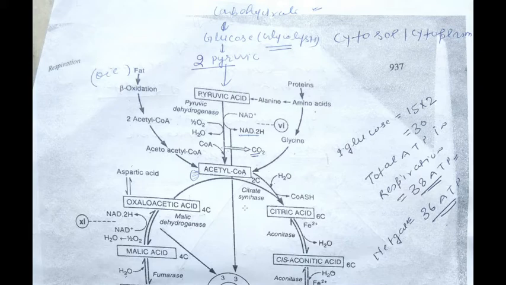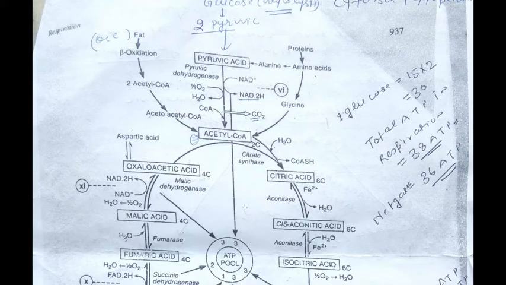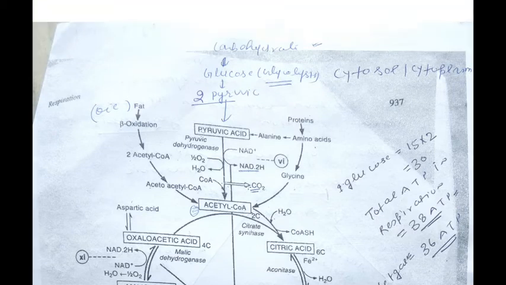The basic aim or goal of studying the Krebs cycle and glycolysis is to produce ATP, because, as all of you know, ATP is used by our cells for performing the different chemical reactions that take place in our body. So we can see that pyruvic acid is converted into acetyl coenzyme A. If we are using another source, fat, for ATP production, then by beta oxidation of fat, it is converted into acetyl coenzyme A.